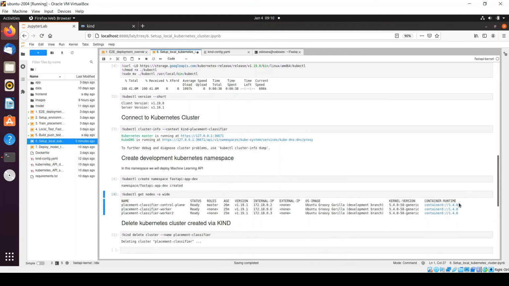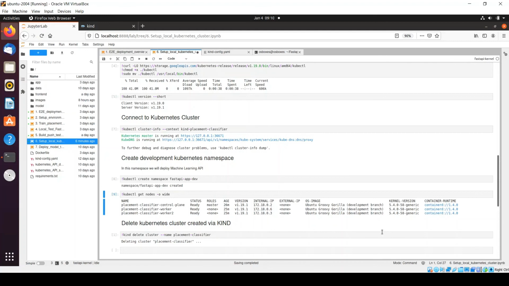And here you can see the container runtime and the IP assigned to my nodes, right? So in this way, we can check how many nodes are running and which nodes are responsible for master and which nodes are responsible for worker and what are the IP addresses assigned to all my nodes.